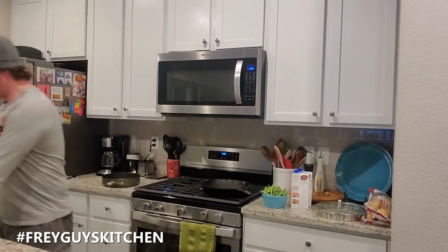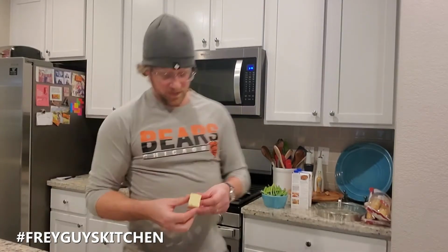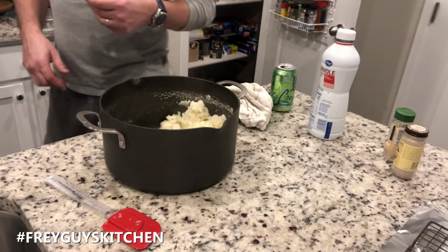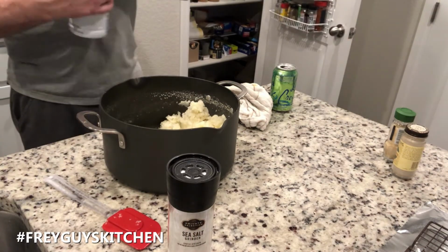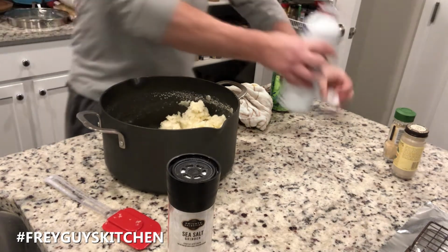We're gonna cut some butter, throw that in there. Throwing about 2 tablespoons of butter in there. By the way, I used 2 Idaho potatoes tonight. I don't know why I just threw that in the sink. You know, good for me. So, add a little bit of milk, and I usually just add so I think the consistency is